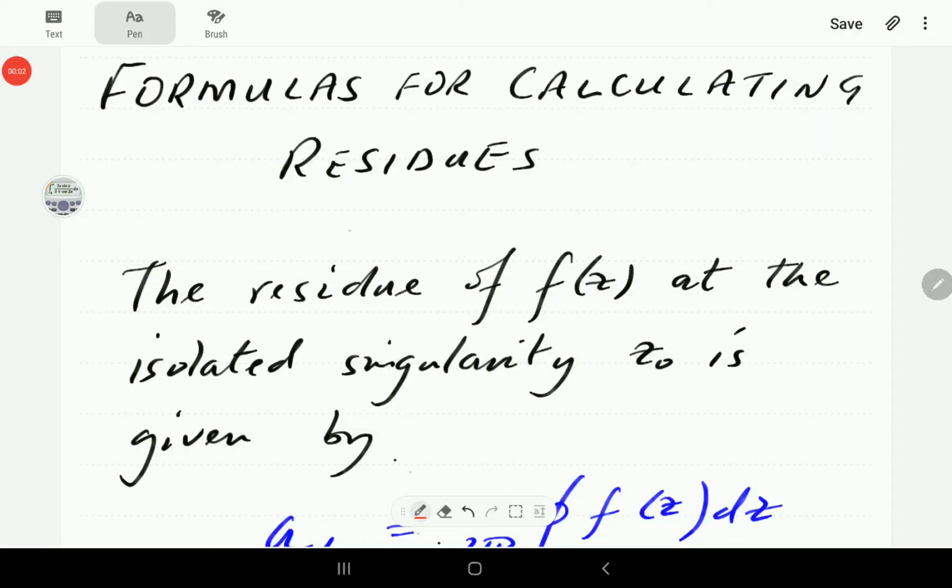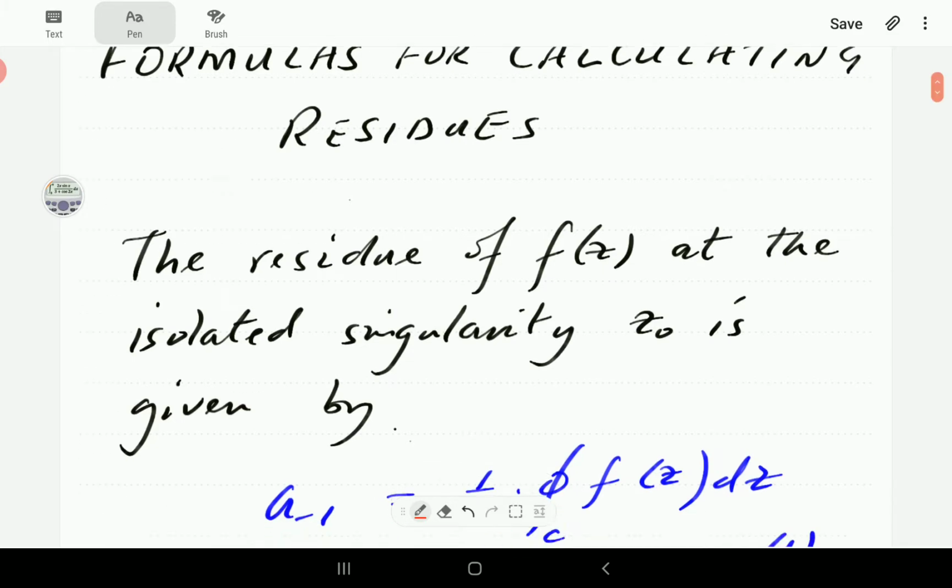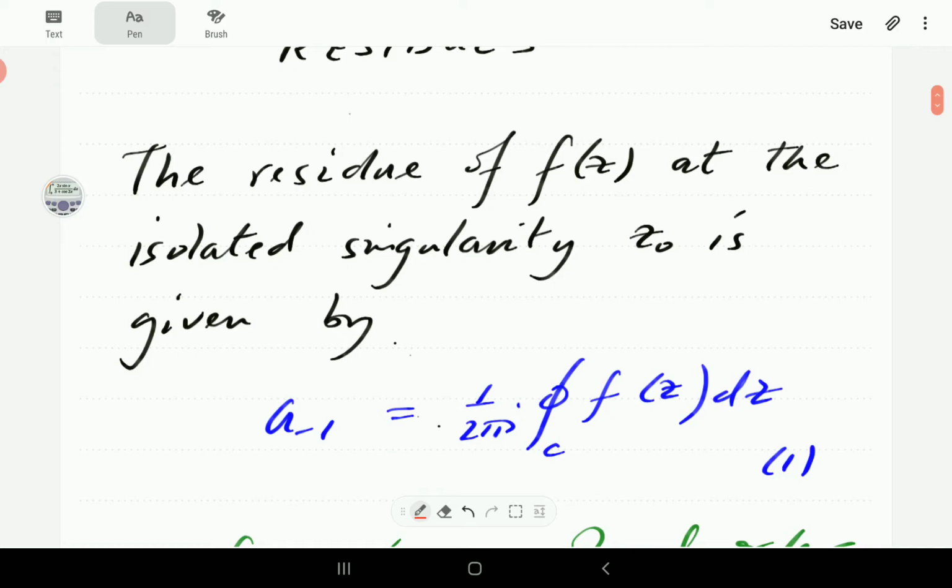Okay, in this video, we're just going to present formulas for calculating residues. Then in the next video, we are going to show how to use those formulas to actually work through some examples of how to calculate residues. So in the previous video, we defined a residue of a function f at a singularity, isolated singularity z0, to